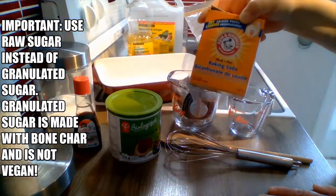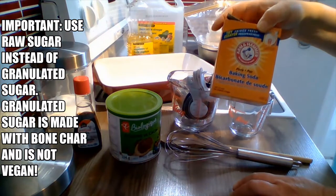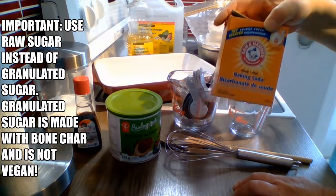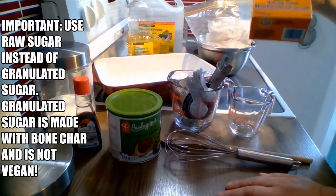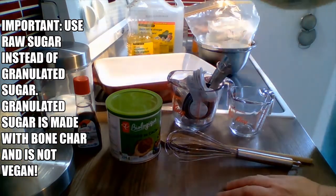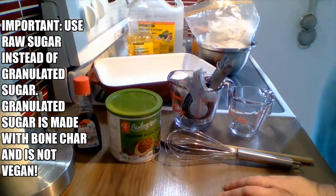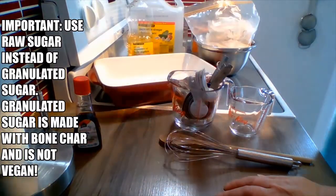baking soda. Why it's baking soda is because baking powder actually contains calcium, and if we're looking to have it vegan-free, calcium is not vegan. Calcium is an animal byproduct, whether it's powdered, dried, or not. You're also going to need just white granulated sugar, cocoa powder,